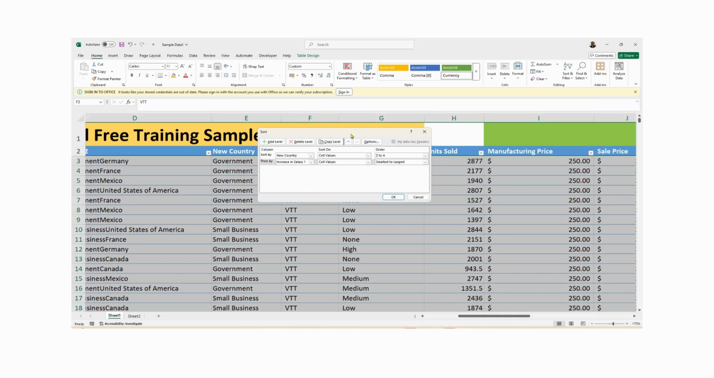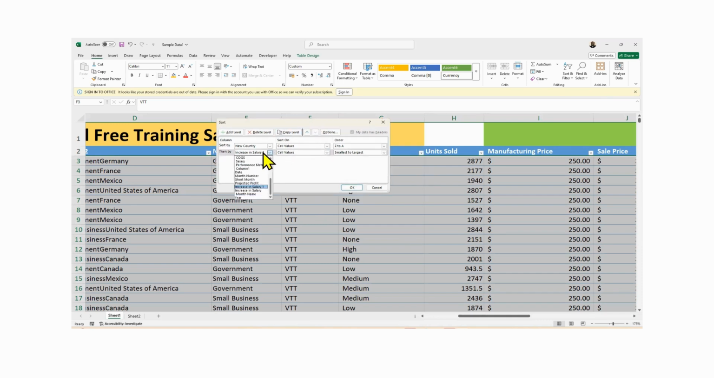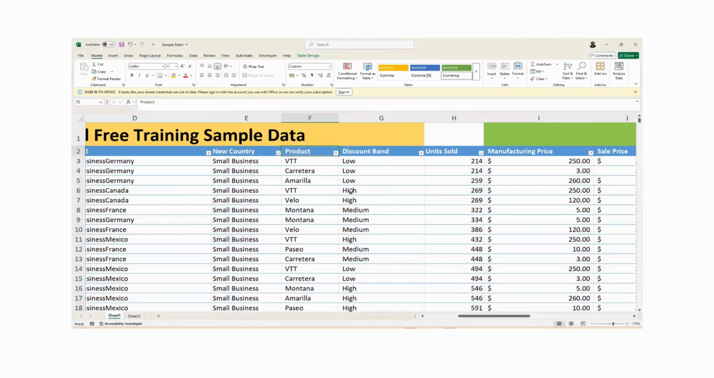Okay, let me use units sold so that we can see it on the screen at the same time. So I'm using units sold and I'm using smallest to largest. So the first one is to sort the new country Z to A, and then to sort the units sold smallest to largest. If I click OK,